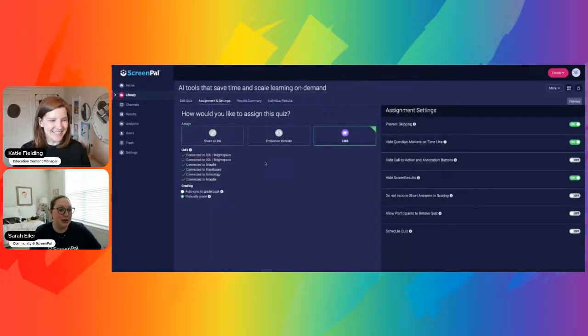But pretty much if you name the LMS, you can either share the link to the LMS or we have the direct LTI 1.3 for it. Love it. Well, let's jump over and